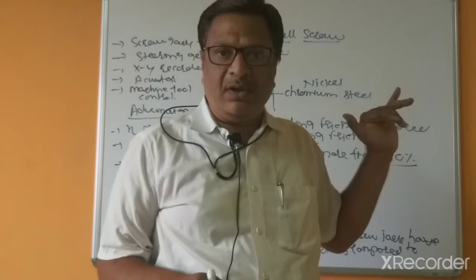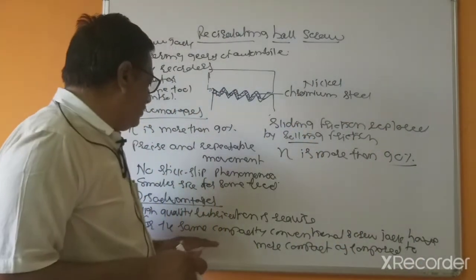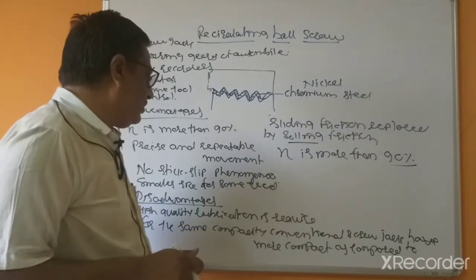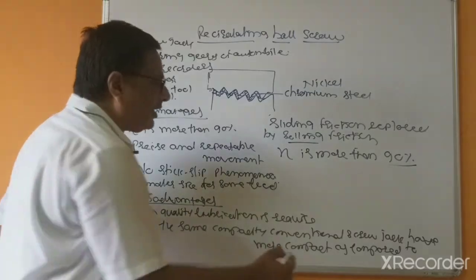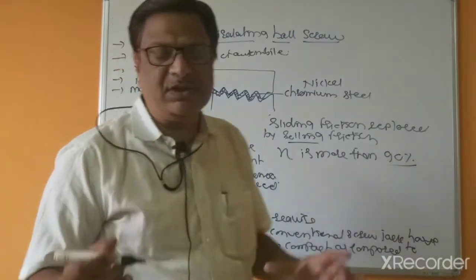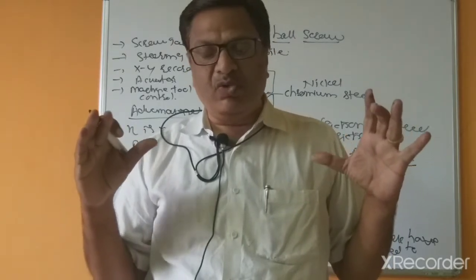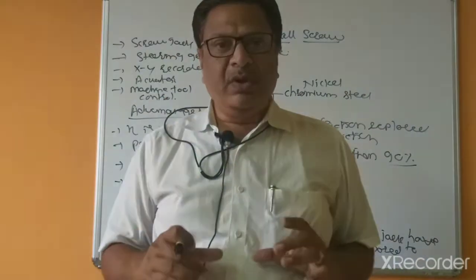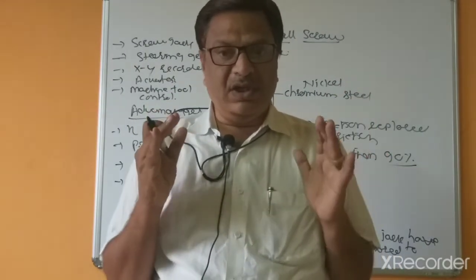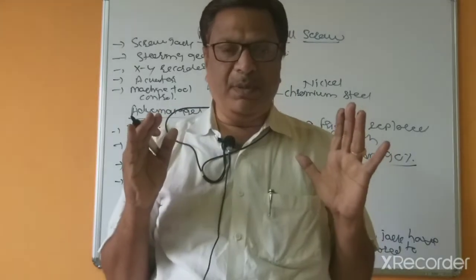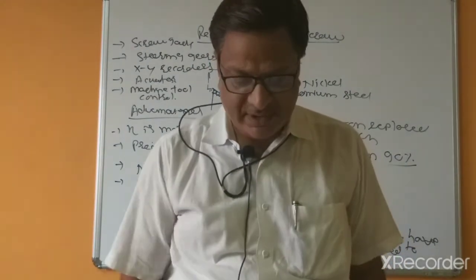But for the same capacity screw jack, it is less compact as compared to other screws. Compactness depends on the size. If the size is more, there is less chance of being compact. Compact means the design should be perfect in less space, with no deflection, meaning more rigidity. Such designs are called compact designs.